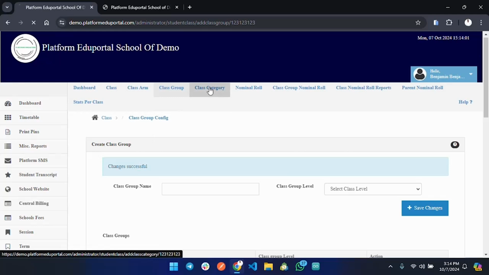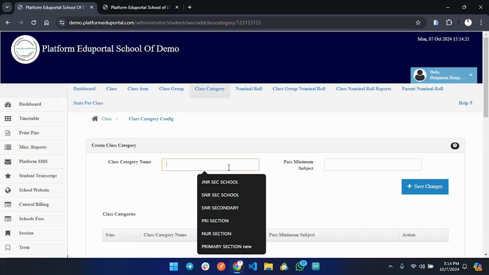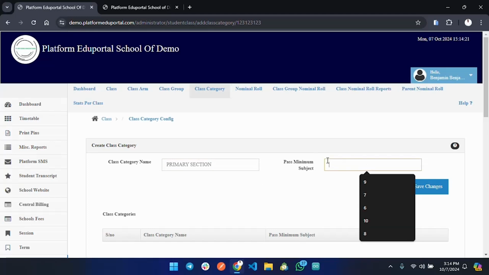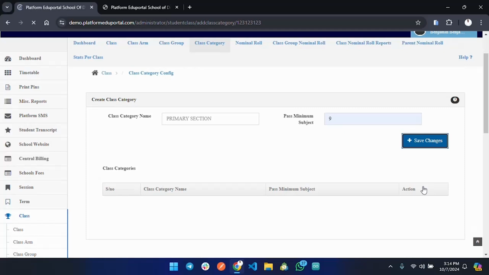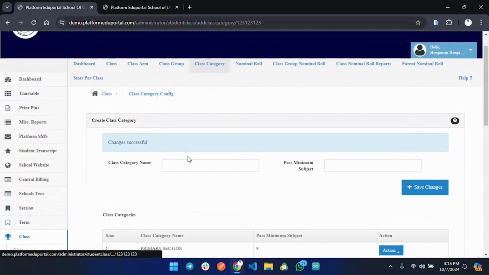Next, we can head to the class category. Now in the class category, this is where we get to select, is it junior class or senior class, or is it for the primary section. So for this, we'll have 3 different class categories. We will have the primary section, and the minimum pass subjects, let's set it to 9 for the purpose of this lesson. So you can see it's here, the class category, and we still have 2 more